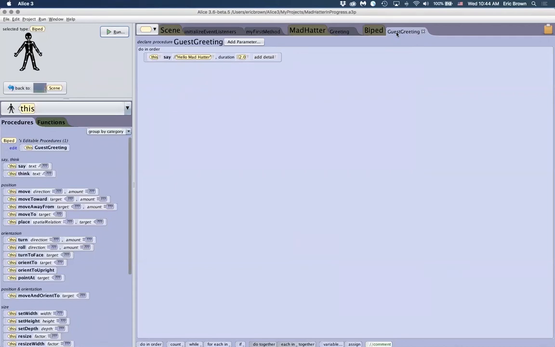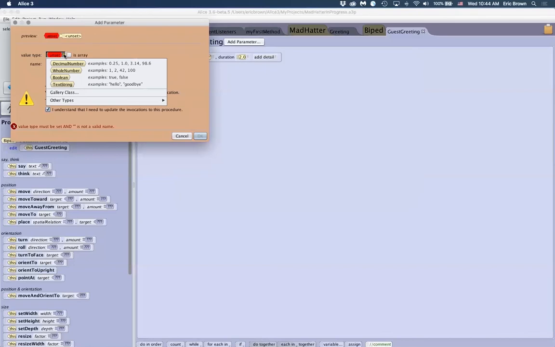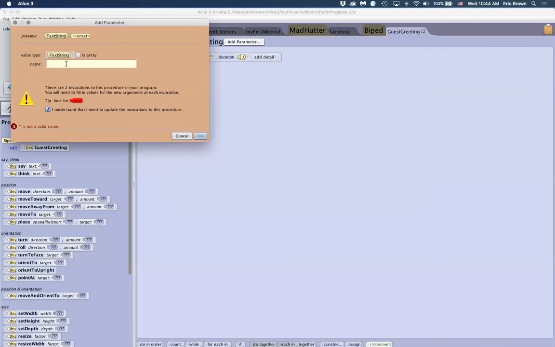Same example, if you're following along, you can put it on either the greeting or the guest greeting. We would say add parameter. So it brings up this screen. It warns us that there's 2 times that this has already been called. So go look for the unset. You'll need to click the I understand to be able to keep going. Since it's what's showing up in that bubble, the thing we're going to want to do is the text string. So select text string,